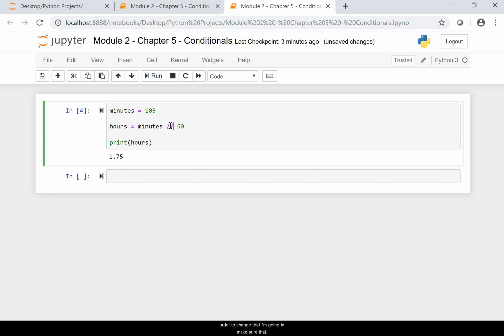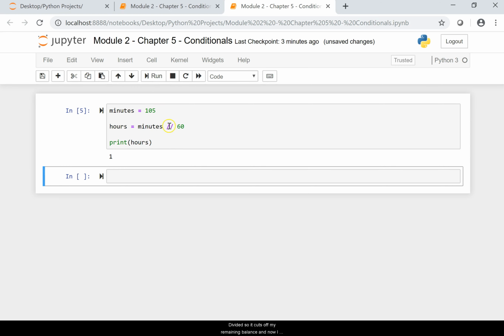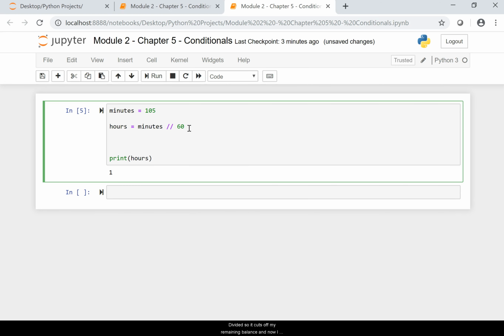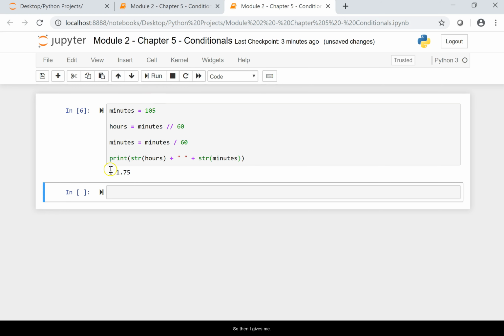Now, in order to change that, I'm going to make sure that I divide this so it cuts off my remaining balance, and now I could say minutes is equal to minutes divided by 60, and let's see here. I could say hours plus, and I'm gonna make this a string real quick, plus, and then so then that gives me,